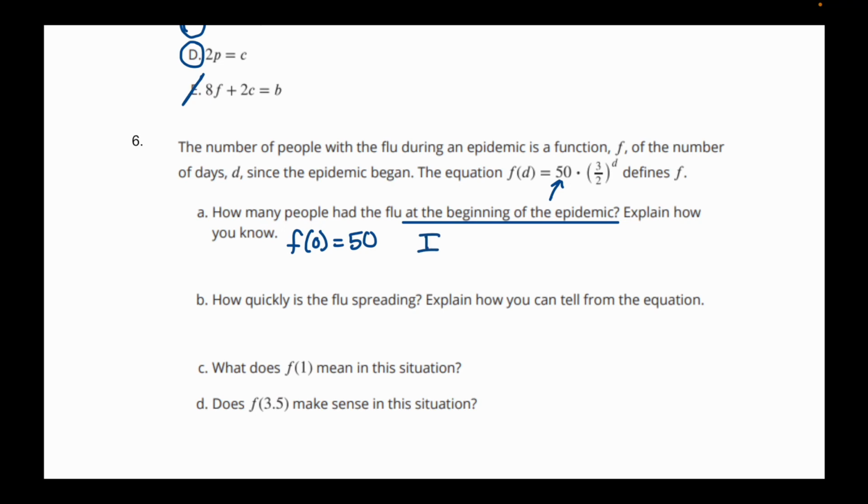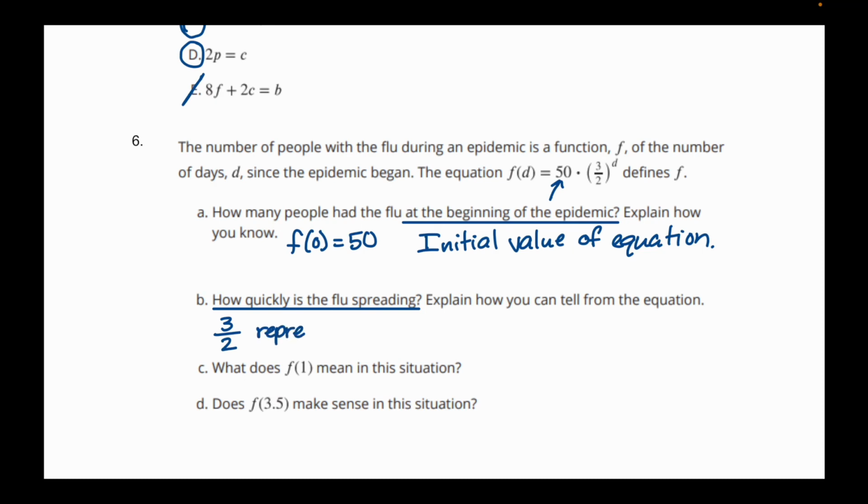This is the initial value of the equation. Or you could just plug in 0 and actually plug it into a calculator and see what you get. So part B of question 6 says, how quickly is it spreading? How quickly is the flu spreading? And then we want to explain how we know. That we're going to use the growth factor for. So 3 over 2